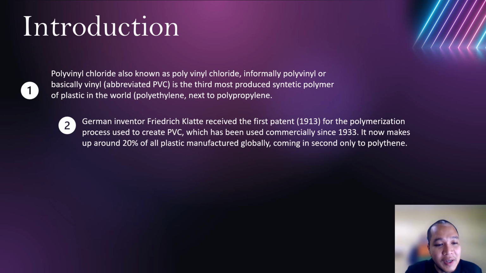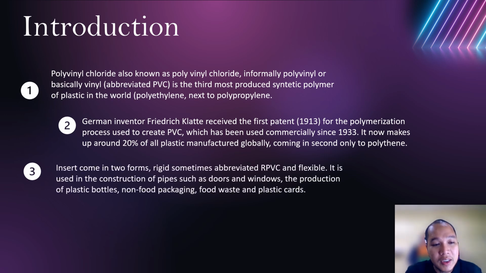German inventor Friedrich Klatte received the first patent in 1913 for the polymerization process used to create PVC, which has been used commercially since 1933. It now makes up around 20% of all the plastic manufactured globally, coming second only to